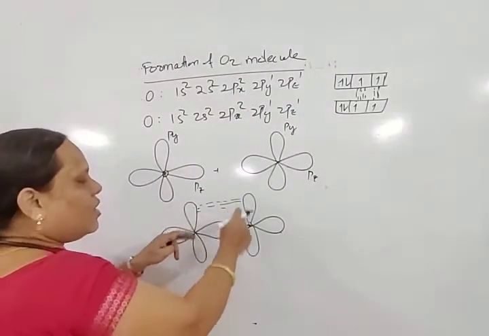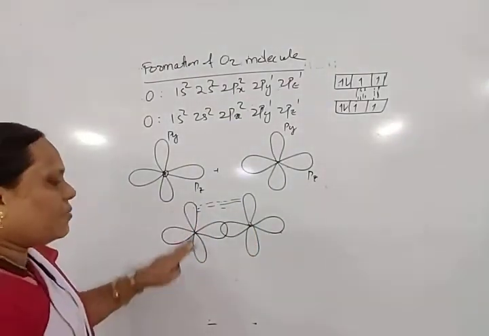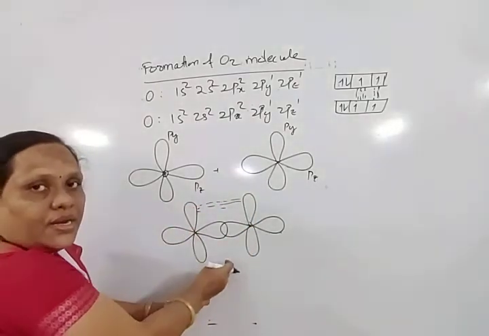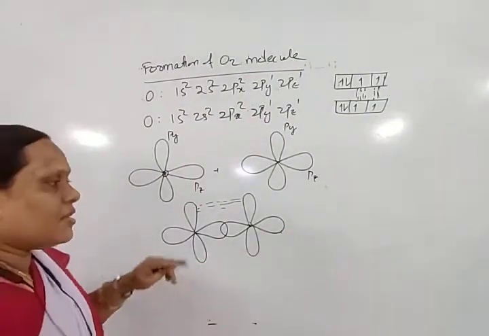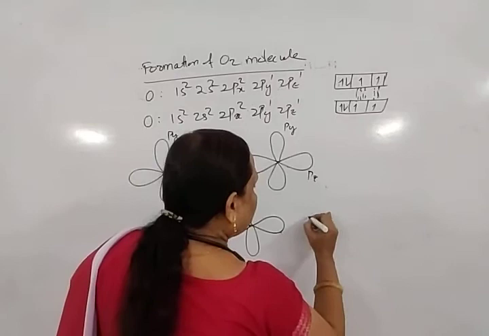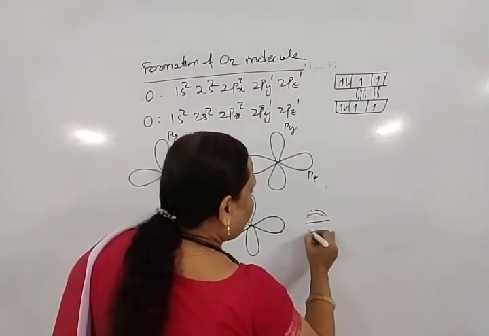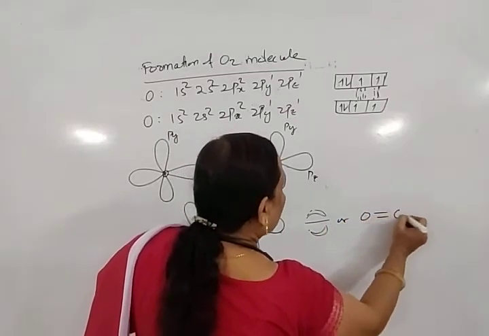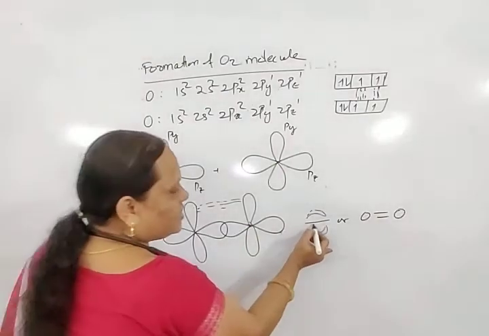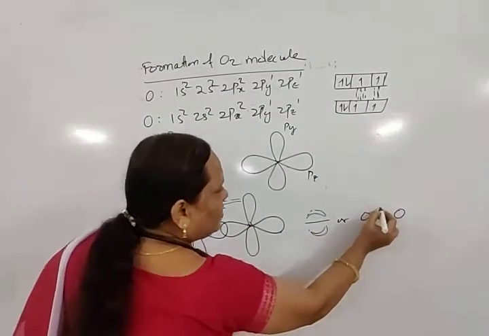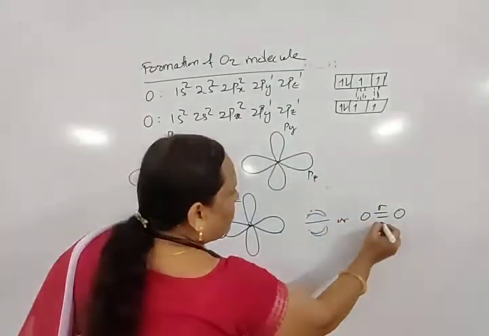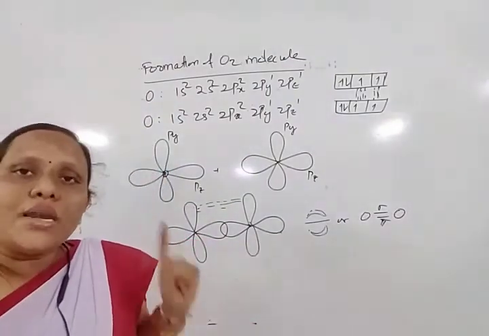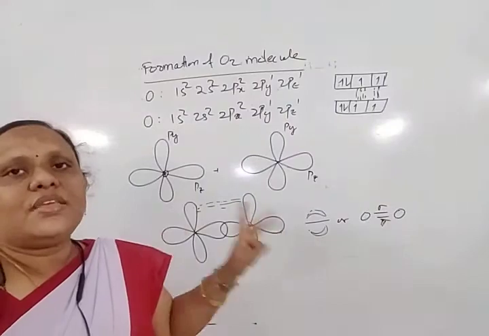This is called one lobe, this is called another lobe. One lobe and another lobe. So this lobe bends and forms one bond, and these two lobes again bend, then the overlapping takes place. This is another bond. In this way, one sigma bond is there, one electron cloud above this plane, one electron cloud below this plane. Or we can say in between oxygen, two bonds are present. So this is one sigma bond, and these two electron clouds make one pi bond. So if there are two bonds, among them one must be a sigma bond, and the other one is the pi bond.